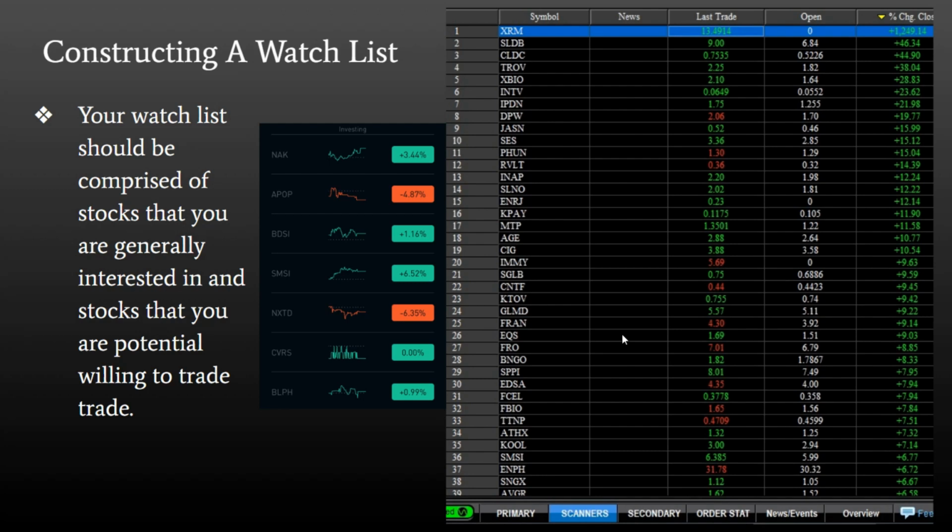And of course, if you're interested in the overall market as well, you can add stocks like Amazon, Netflix, all the bigger stocks to your list, just to see how the price action is, just to see how much percentage these stocks are going up and down on a daily basis, and so forth.